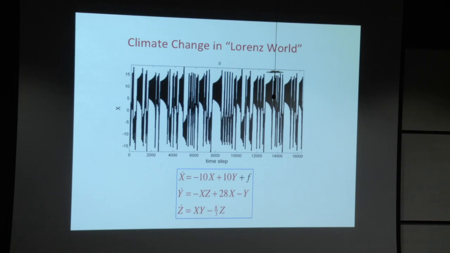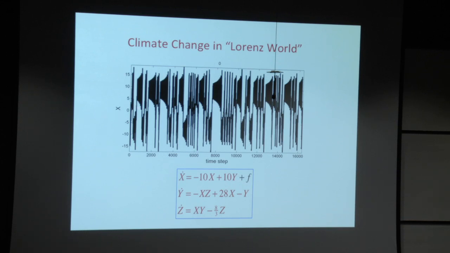What I've done here is to do a kind of climate change experiment in Lorenz world by adding an extra term to one of the equations. Now just think of this term here. This is actually just going to be a number, but just think of this as a kind of surrogate for doubling carbon dioxide concentrations in the atmosphere. So I'm sort of applying an extra forcing term, if you like, to the equations. So how does that affect the Lorenz